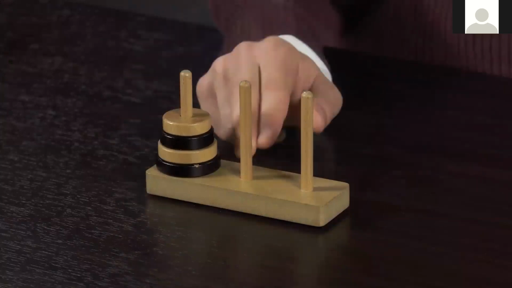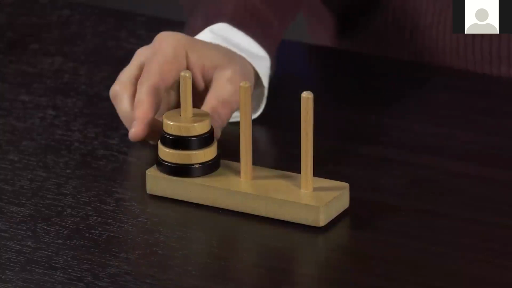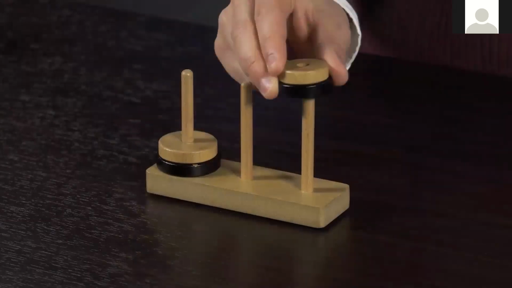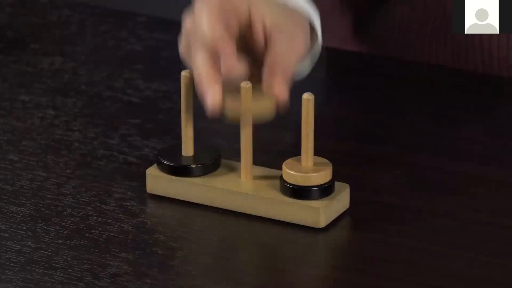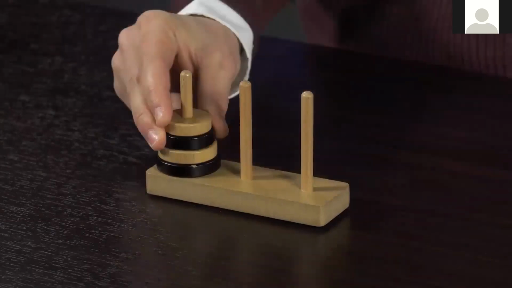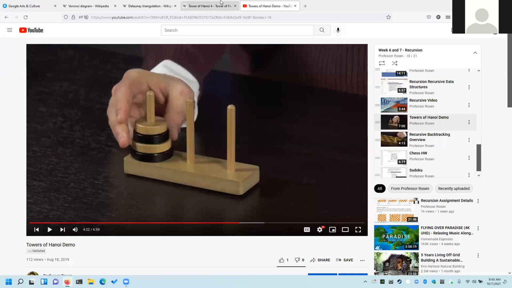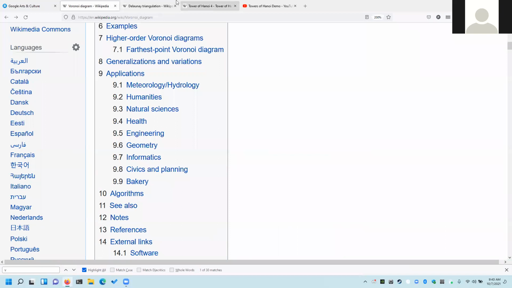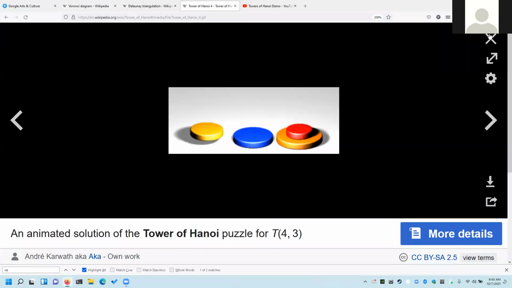So how do we move these 3 disks over to here? Well, to do so, we need to take this disk and move it over here, but we have to do that by moving these 2 guys out of the way. So we can move this over here. So in essence, the way the Towers of Hanoi problem works, as a recursive solution, is that moving a disk